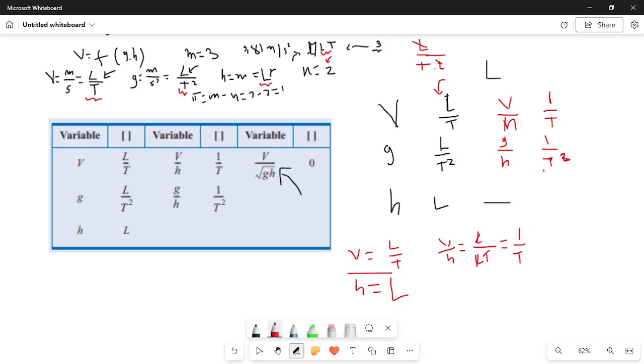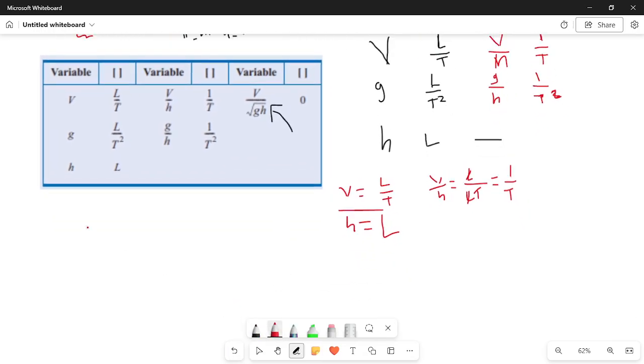So it's a matter of, okay, I see the similitude. Okay guys, let's go. I believe you guessed what I'm saying. So now what's happening here is the growth. You have V over H to be 1 over G. You have G over H to be 1 over T square. But remember, you want to cancel